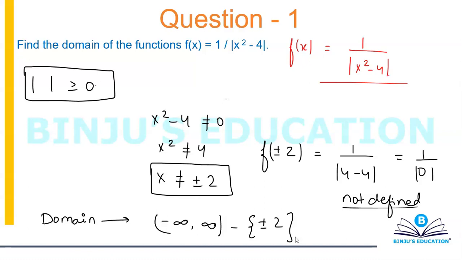You can even replace it by a decimal also. For example, replace it by 3.9. When you replace it by 3.9, you will get 1 over modulus of 3.9 square minus 4. But this will give you a real value, right? That's the whole point. What that value would be, you can calculate that. That's not a big deal. But it would give you a real value. So the domain of this function is any value from negative to positive infinity, just 2 and minus 2 cannot be there. That's the whole point.